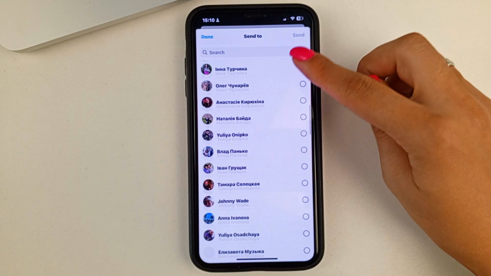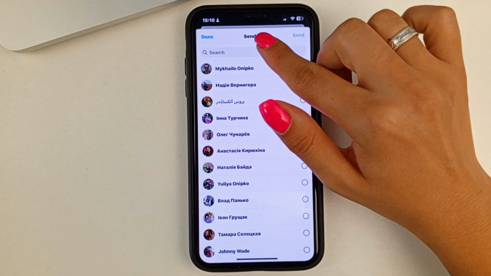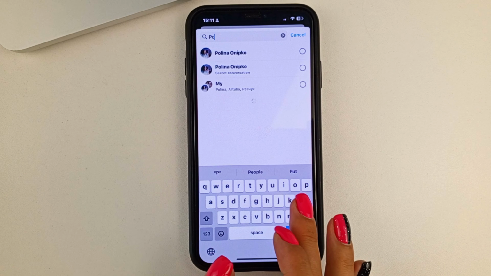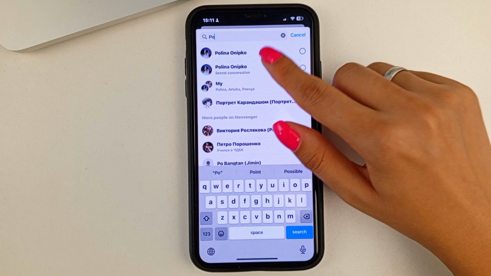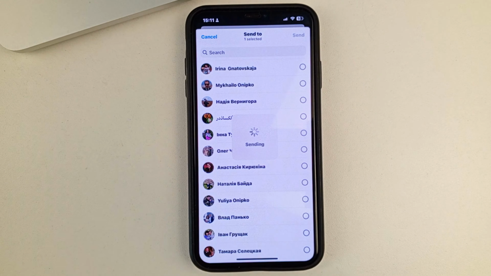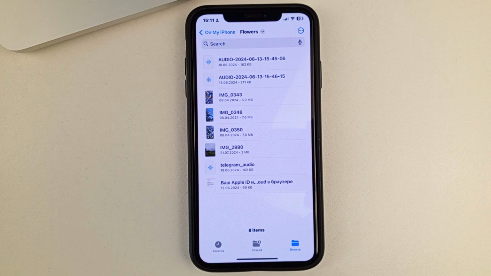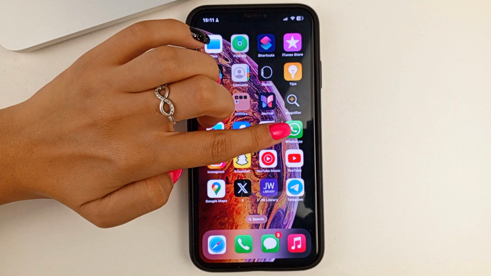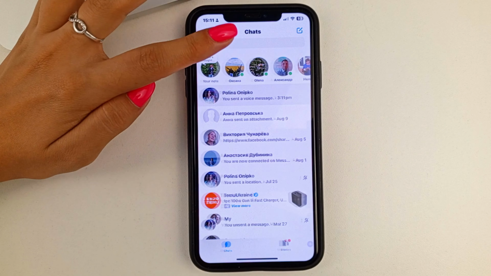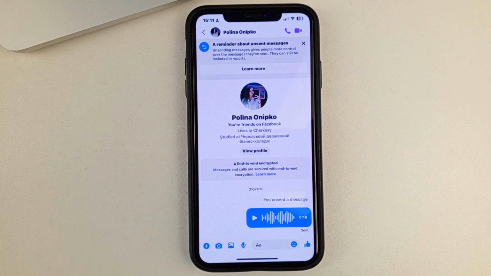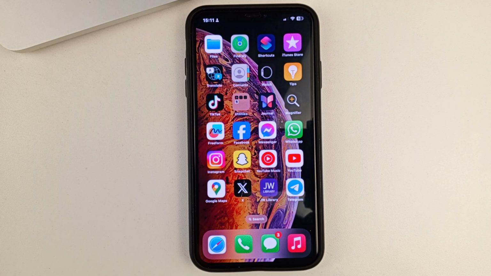Next, either find the person you would like to share this audio file with, or type that person's name into the search box. Next, select him/her and click on Done. This way, friends, you will send a music file or an audio song to the person in the Facebook Messenger app. To make sure of this, open the app itself. After that, go to the correspondence with the person, and as you can see, such an audio file has been sent. This is how, friends, you will be able to send any audio songs and music files in Facebook Messenger app on your iPhone very quickly and easily.